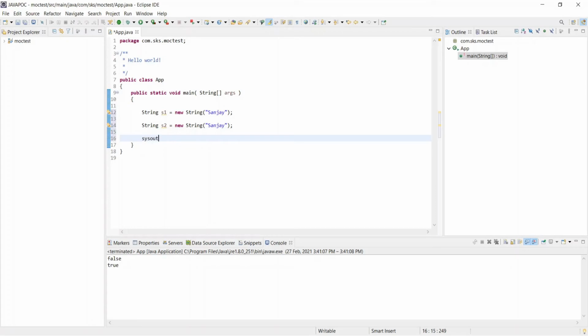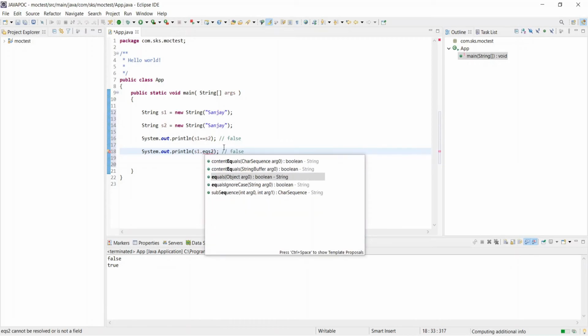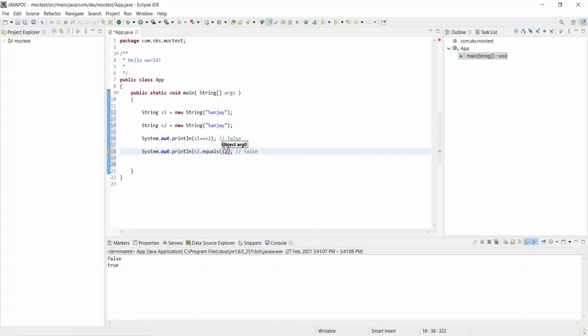If I am writing sysout, then s1 == s2, as per expectation, this is for reference comparison, this will return false. And if you see this line, if I am writing s1.equals(s2), then it should return true, because this is for the content comparison.